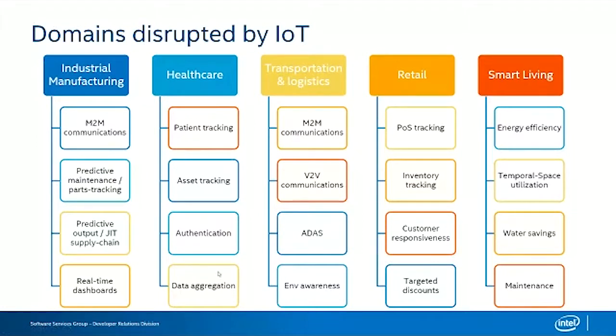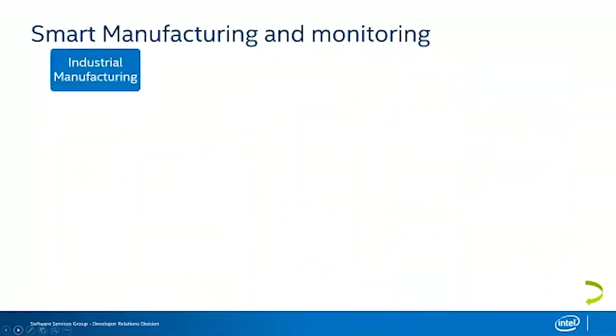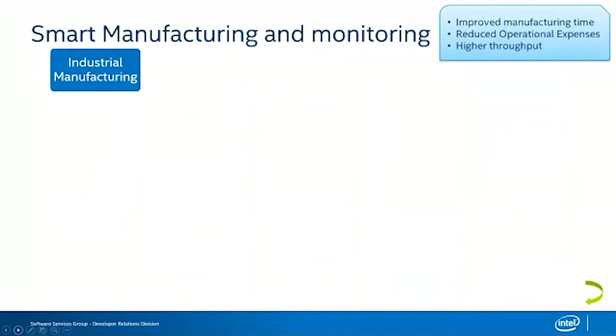In transportation, you have machine-to-machine communication again, vehicle-to-vehicle communication, ADAS, and essentially an awareness of the environment. So the challenge here continues to be how to optimize delivery, as the average floor-loaded trailer could carry a lot more cargo, for instance, right? If you were to know what the failure mechanisms are. And then you have retail and smart living use cases as well, which I'll try to cover in a second. Okay, so let's actually take a look at smart manufacturing in more detail.